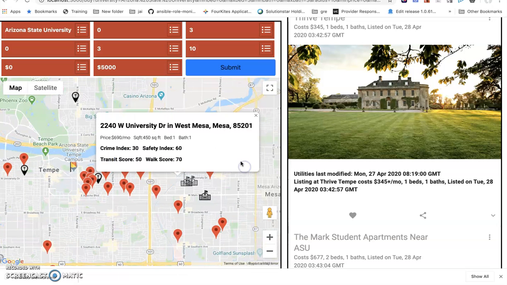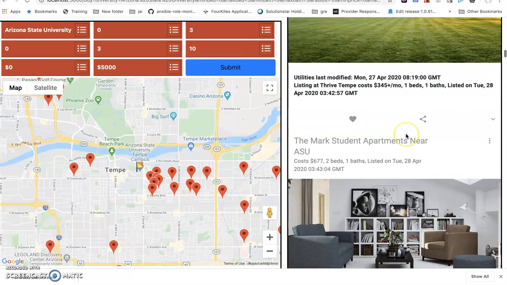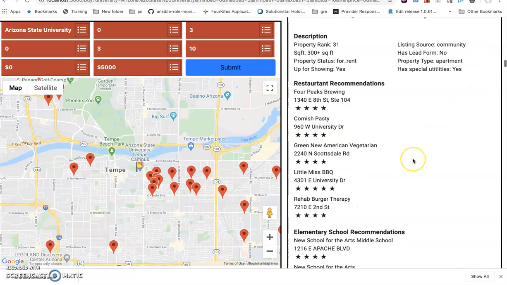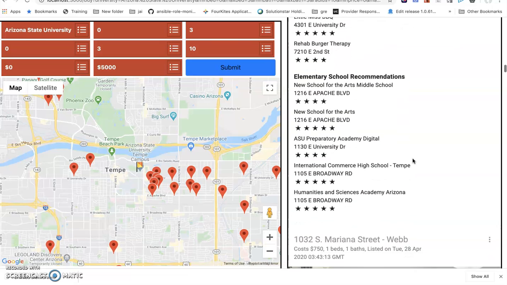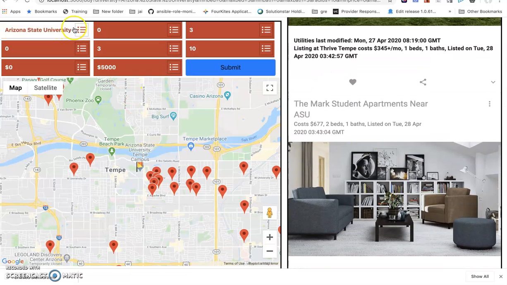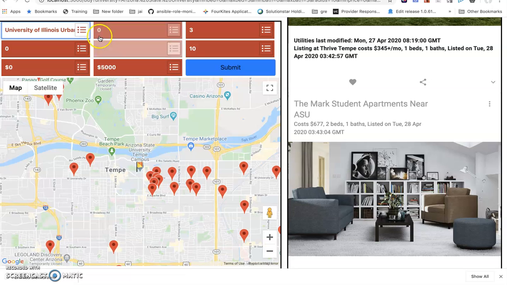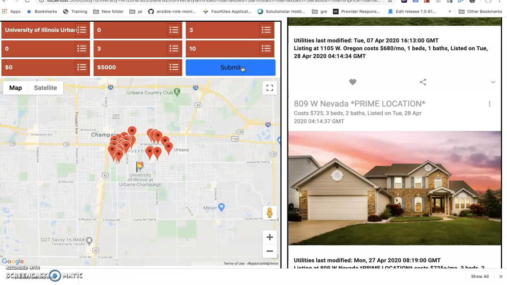We've integrated the Google Maps API with the information window showing all the critical information we felt would be useful for the students in making a decision. We also wanted to present all the ratings of all the recommendations in our card view. Let's go ahead and check UIUC's properties. My budget is going to be the same for the student. Let's see what it looks like for the other university with respect to the recommendations.